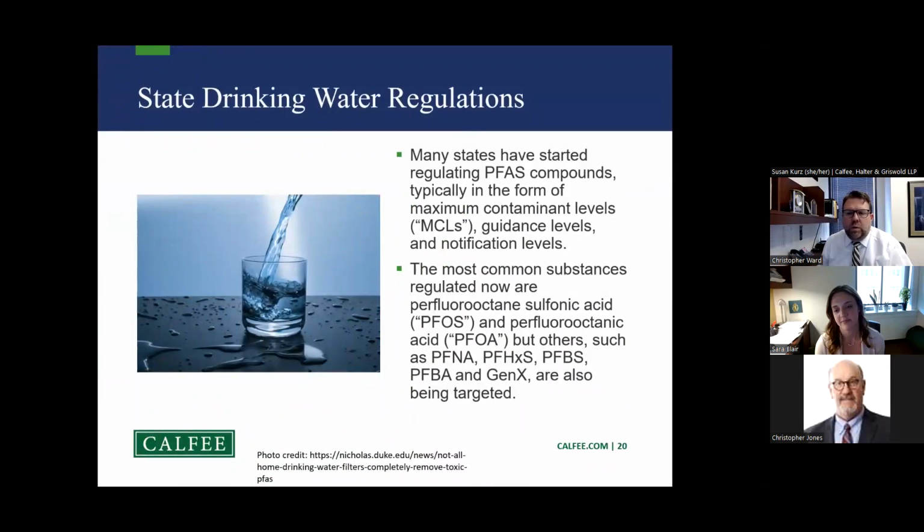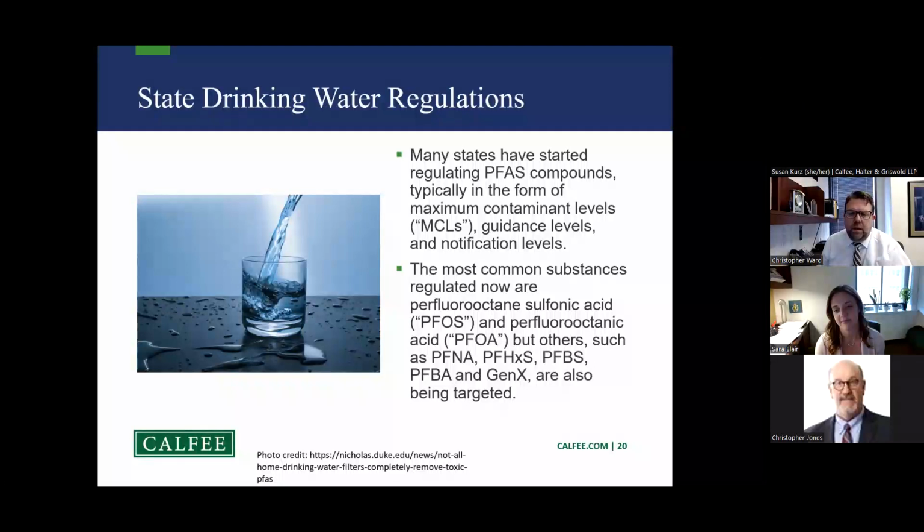As with the federal response, obviously a lot of attention has been paid to drinking water. State regulations on PFAS and drinking water have taken on a lot of different forms, making them difficult to track and group on the national landscape. But we'll do our best here to give you an overall take as to what states are doing what. The main pathways states have taken include notification levels, guidance levels, and maximum contaminant levels, or MCLs, as Sarah mentioned